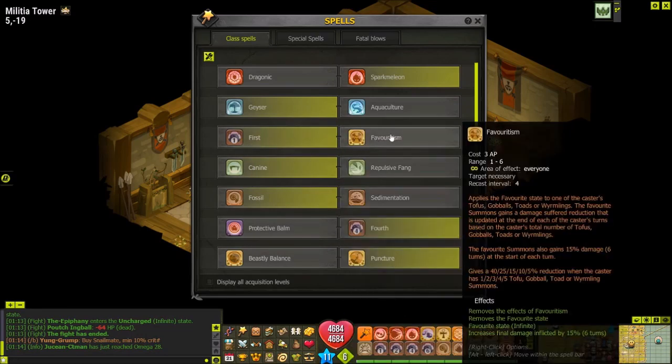The variant of first is Favoritism. Favoritism is a spell that, firstly, increases the summon's damage by 15% for 6 turns. And at the end of your turn, it also gives a damage reduction to the summon that you use Favoritism on, depending on how many other summons there are on the field. The more summons you have on the field, the lower the damage reduction is on this Favoritism summon, because that's